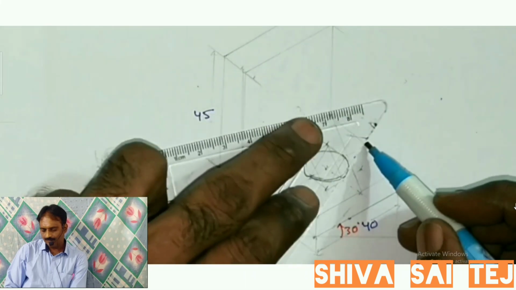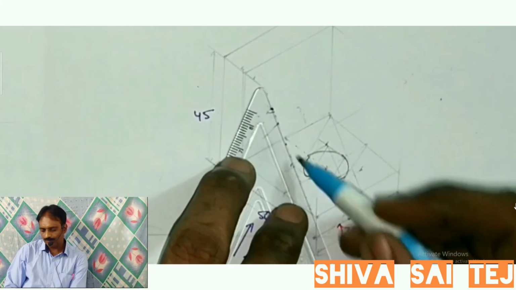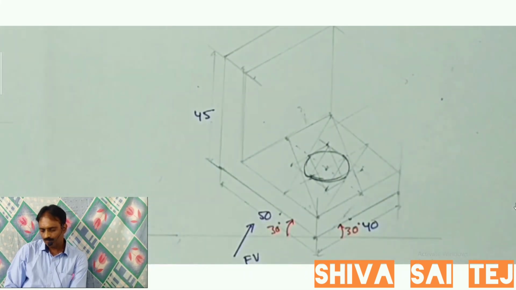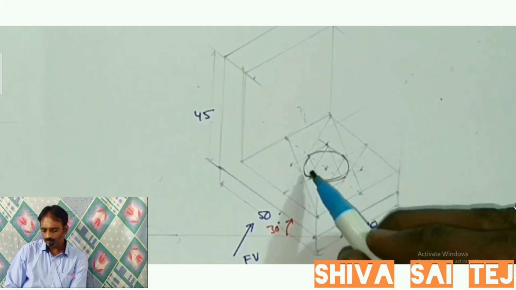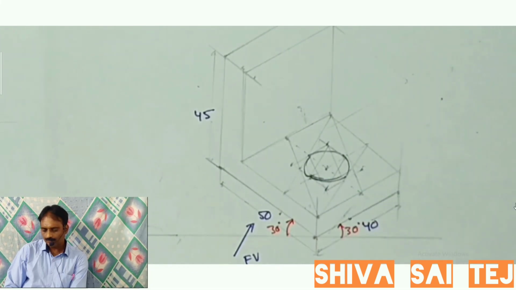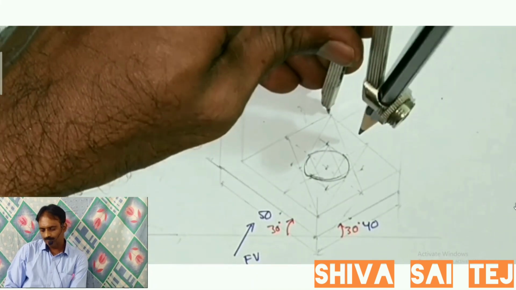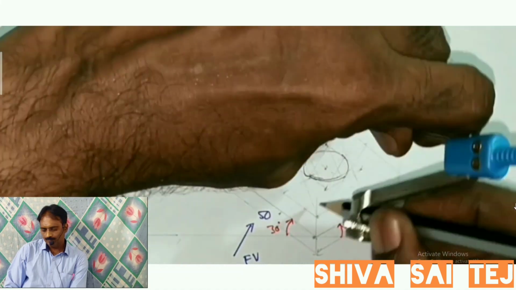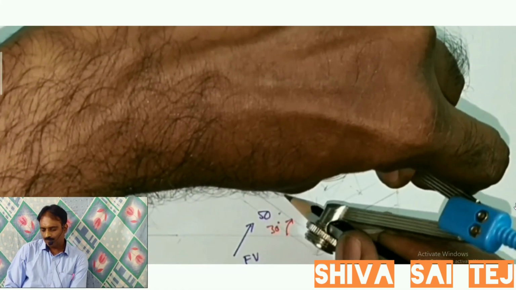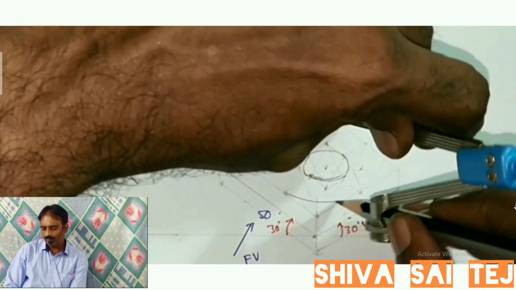And that is the semicircle we have to construct. So that gives us the semicircle for the top layer